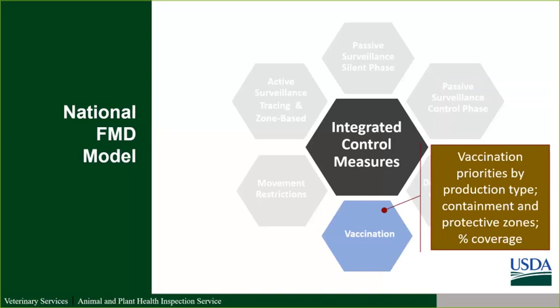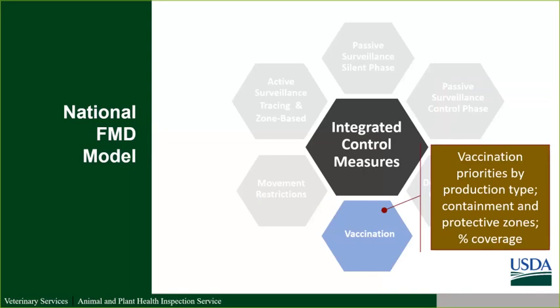We can look at protective zones, so those kind of donuts around a control area, for instance, or we can do more explicit zones, so a full geographic area, so vaccinating within a county that's affected or vaccinating surrounding counties, or doing a large region, such as an entire state or multiple states. We can also model and change the priorities, so we can say which age class or which species or which production type is going to get vaccine.